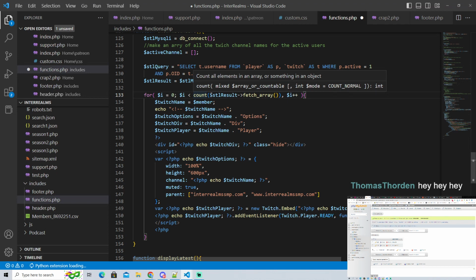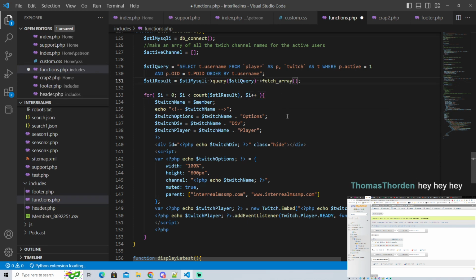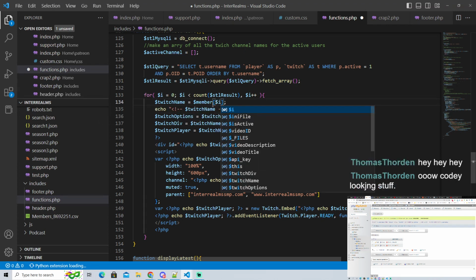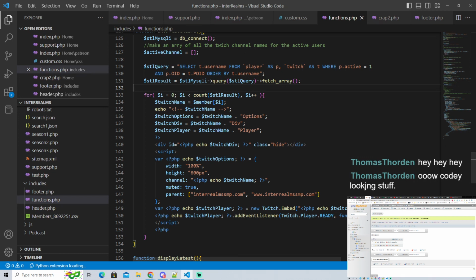I'm going to change this. Sorry guys, I'm going to move this up here. There's a reason for everything I do, I swear. Okay, so now I moved that up there because it makes a little bit more sense. So now the result is just the Excel table, how many rows are in it, and then for this part here, we simply do $i. So that's going to go through and say 0, 1, 2, 3. And then save it. So now this should actually just work.